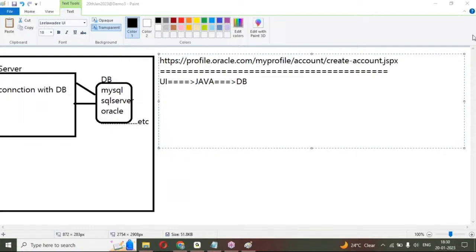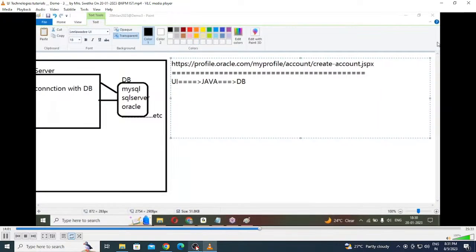Here is one UI programming. Under this UI programming, I'm going to show you the Oracle create account page. When I create my account for my application, see here, I have to fill the application